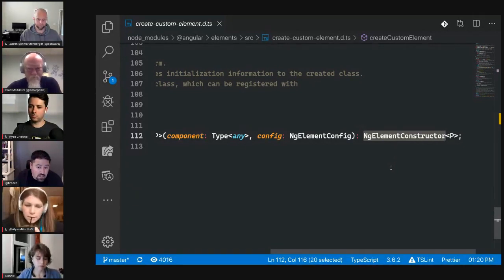It's basically a function to be able to create that element. And then, cool, if you go back to where you were,